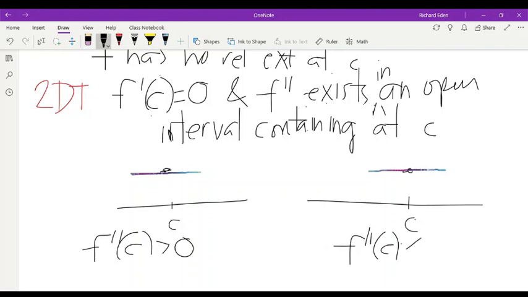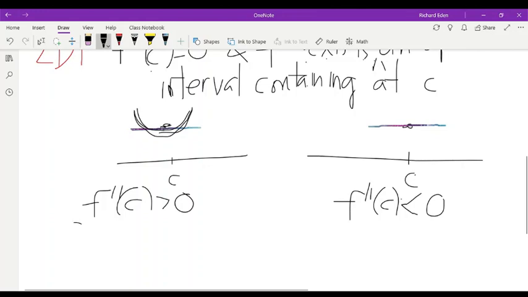Because in the first illustration, if f double prime of c is positive, the graph of f is concave up at c and in its vicinity, then what you see from this visualization is a low point at c. So in this case, f has a relative minimum